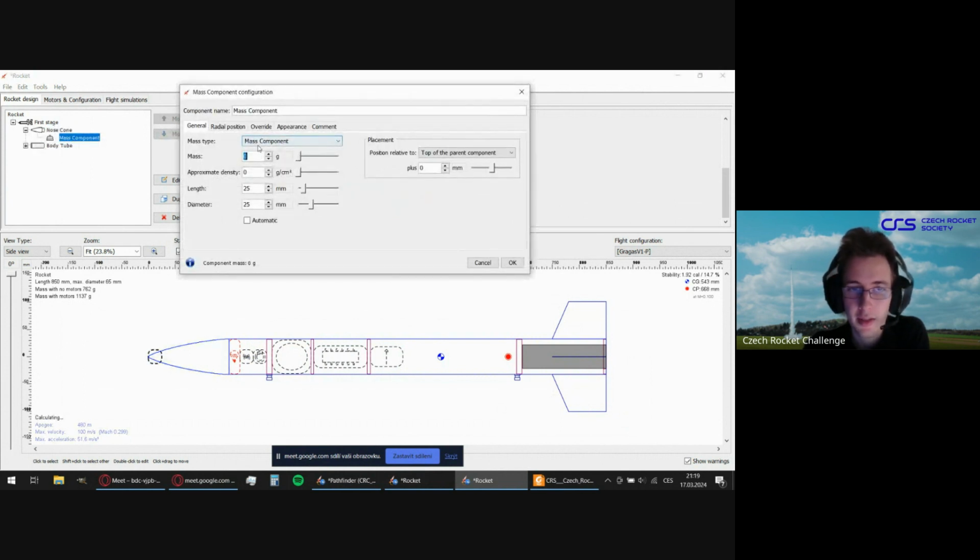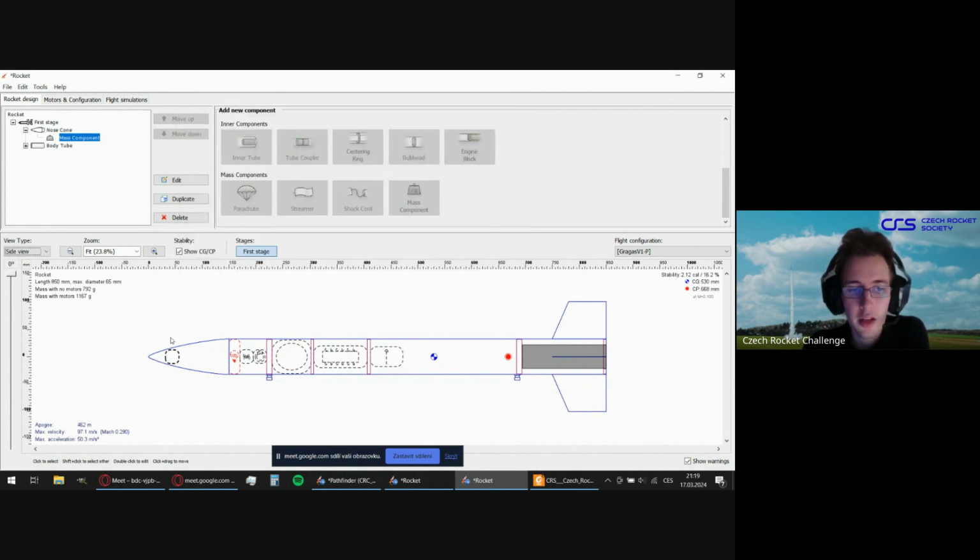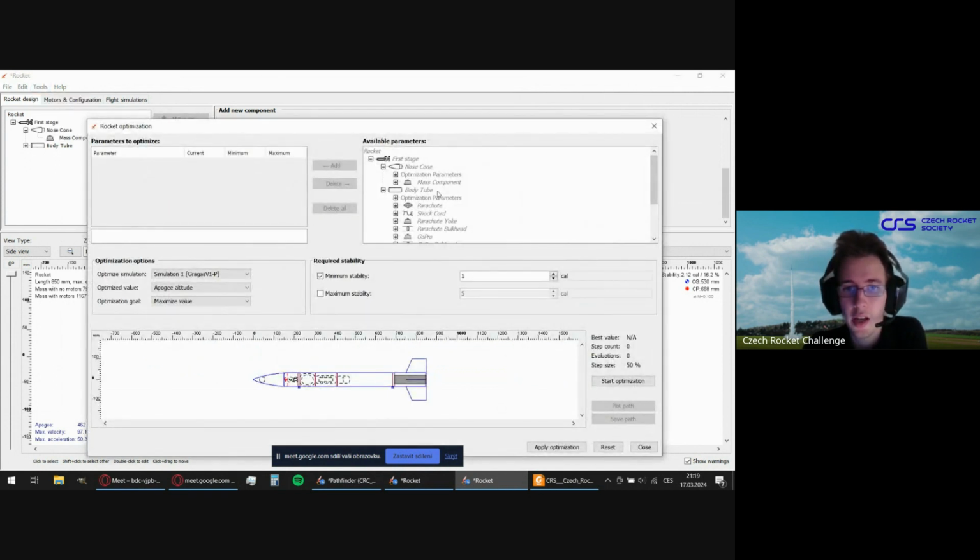We have some mass at the start of the rocket because we wanted even higher stability for some reason. So I just added this one, but balancing where it should be, how heavy it should be, it's always, I need to change it, then look, okay, this is not good, and stuff like that. So the software can do this for us. So if I open the rocket optimization, I find the mass component, I click this, and I can change the